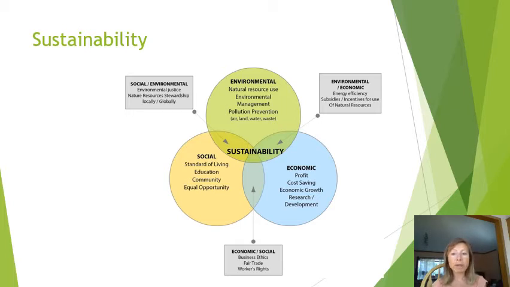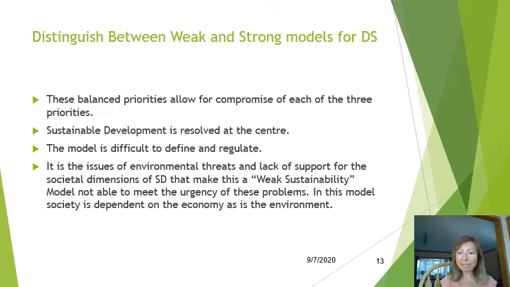social and environmental aspects of sustainability, focusing on environmental justice, or satisfying the interface between environmental and economic aspects of sustainability, focusing on energy efficiency and responsible use of natural resources, and finally also satisfying the interface between economic and social priorities, focusing on business ethics, workers' rights, and fair trade. Despite its seeming elegance and simplicity, the triple bottom line approach to defining sustainability is quite problematic.